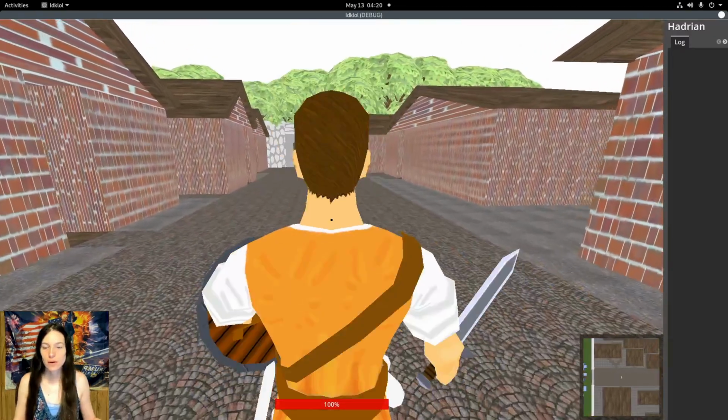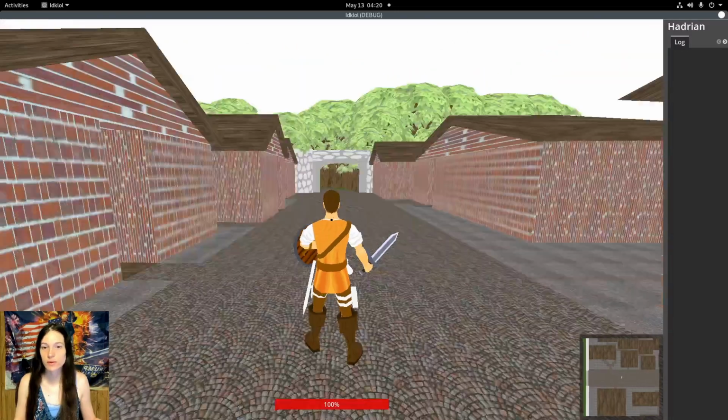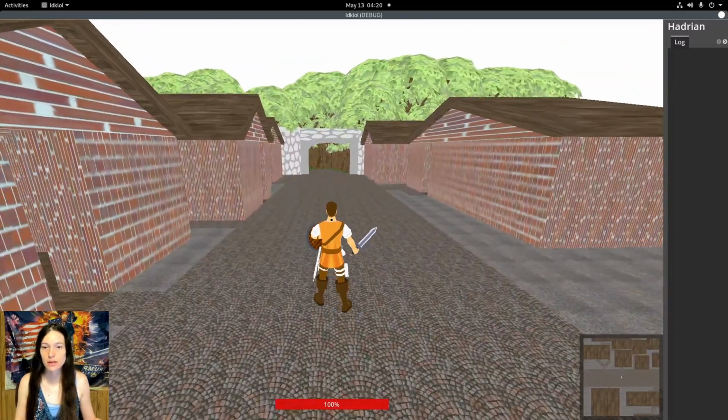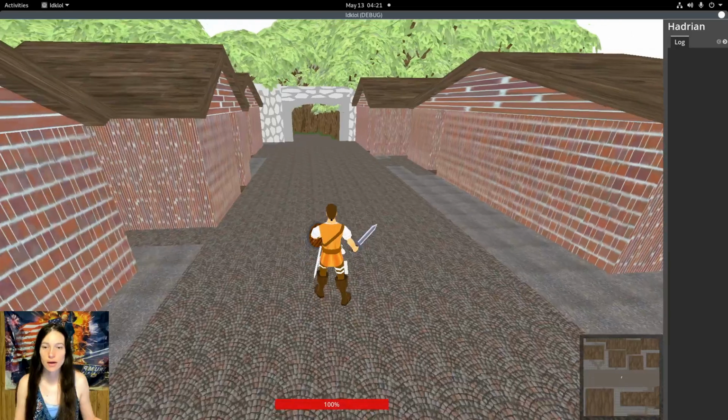So next time I'll be procedurally generating the buildings using the CSG subtraction mode. But that's all for this